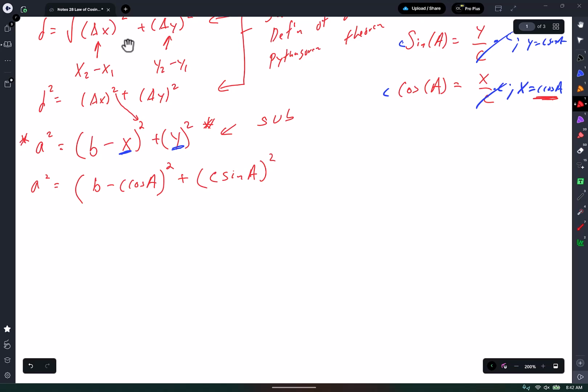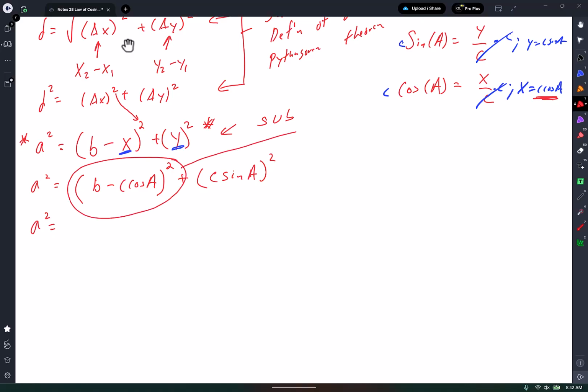All right, now we're getting ready to expand it. So here comes the algebra part. A squared equals, and all I'm doing is expanding, guys. So I'll go ahead and write this. I'll circle it, and I'll write it like, all I'm doing is this. B minus c cosine a times b minus c cosine a, because there's a square on it, see? So I'm just going to go, what's b times b? B squared. And then I'm going to go b times c cosine a